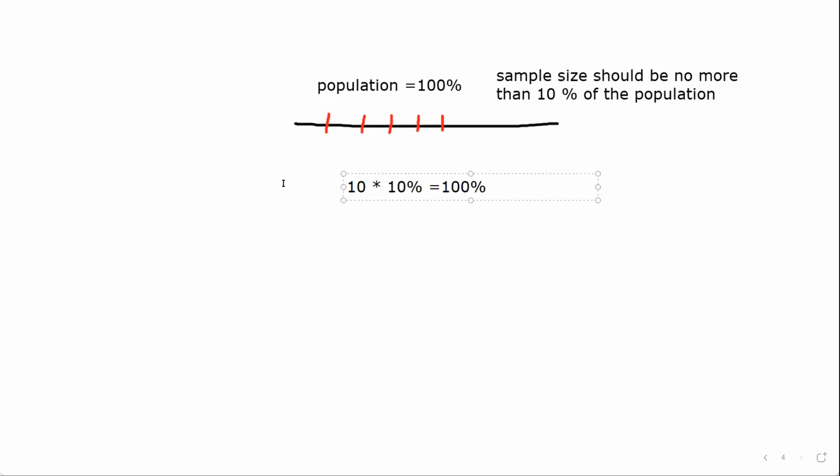So 10% of 100 is 10. That's why I'm multiplying by 10. It's a way to establish that. The other way to think of it